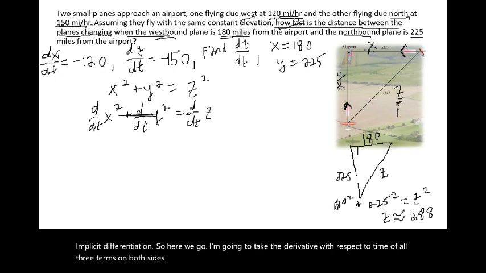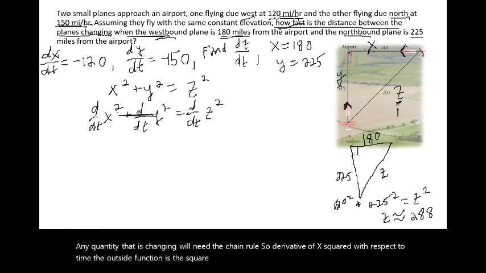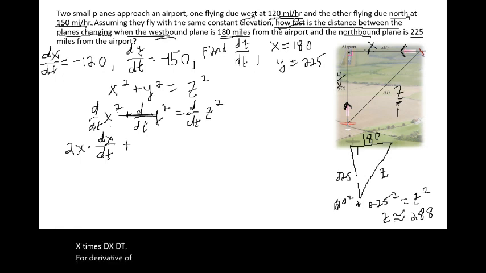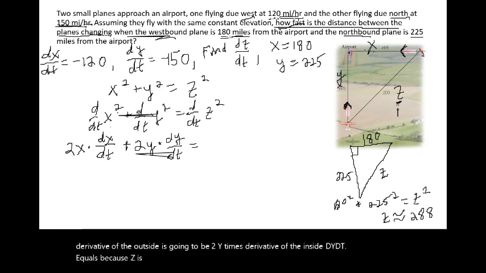Any quantity that is changing will need the chain rule. So the derivative of x squared with respect to time: the outside function is the square, the inside function is x. So its derivative is going to be 2x times dx/dt. Plus, for the derivative of y squared with respect to t, because y is changing, it needs the chain rule. The derivative of the outside is going to be 2y times the derivative of the inside, dy/dt. Equals, because z is also changing, it needs the chain rule. So the derivative of the outside is going to be 2z times the derivative of the inside,